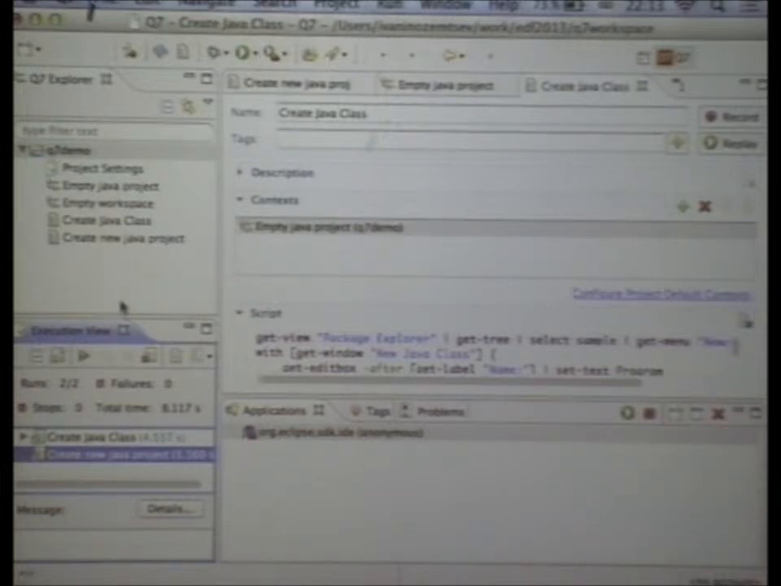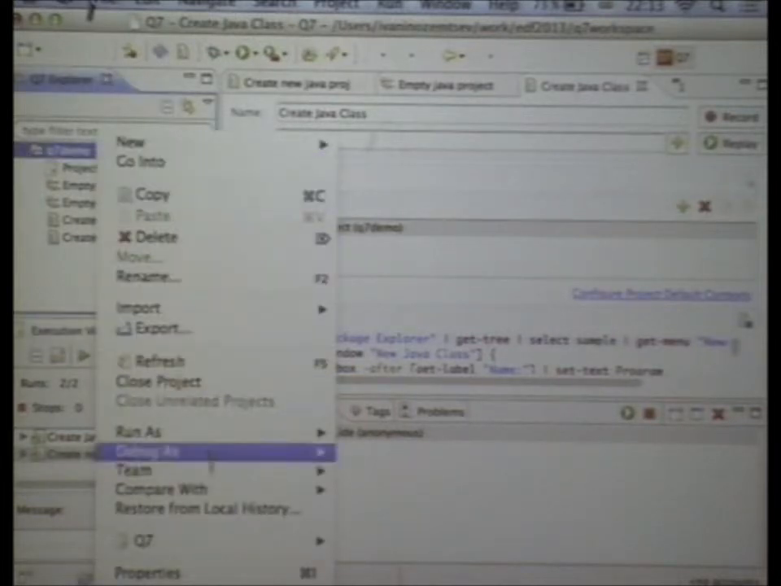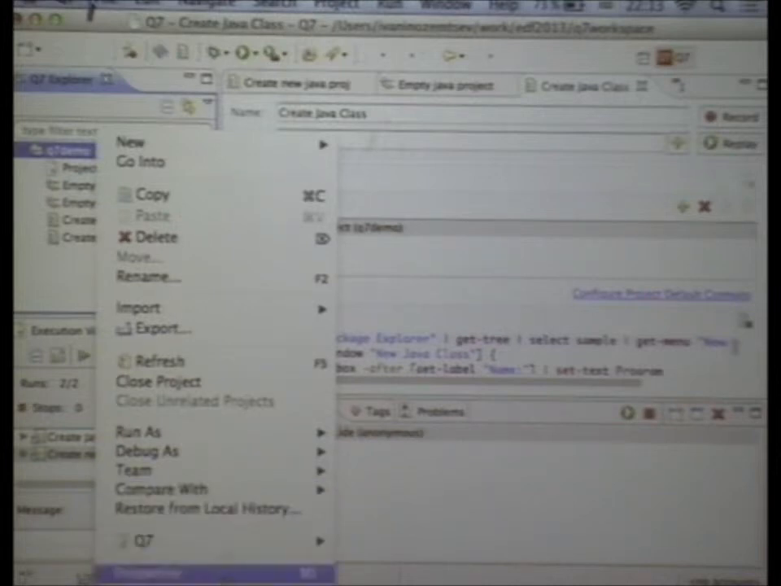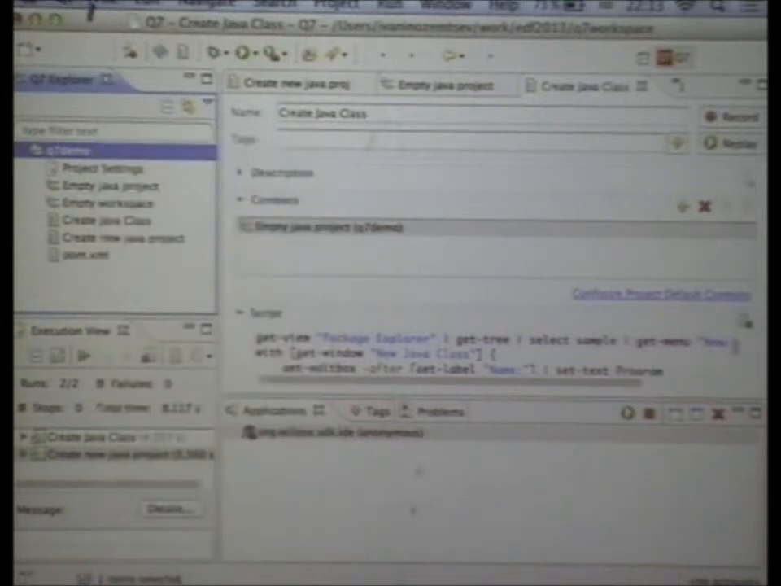Now we need to be able to run these test cases in a continuous integration environment. For this purpose, Q7 has Q7 Runner, a command line tool for running test cases, and the Q7 Maven plugin, which is just another way of invoking Q7 Runner, which allows specifying all necessary options in a POM file. So I'm going to generate a POM XML file,